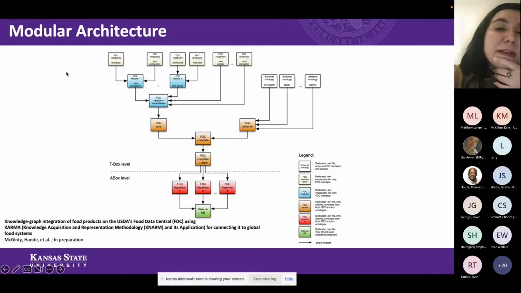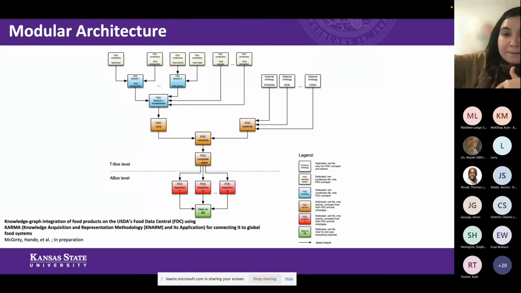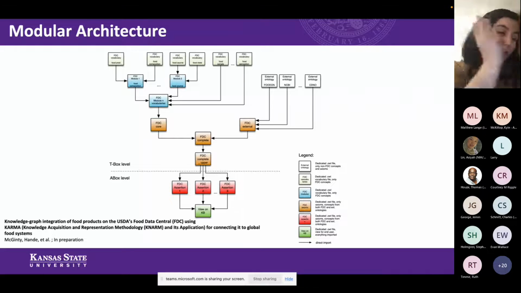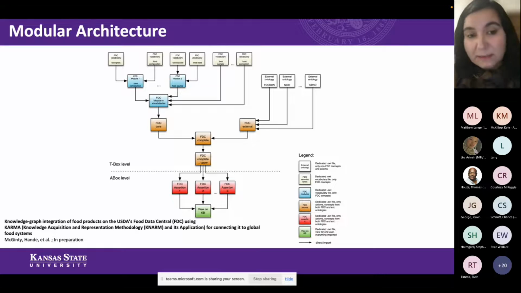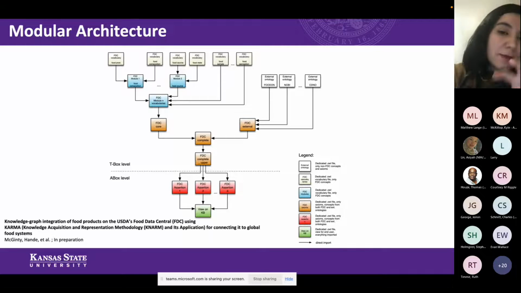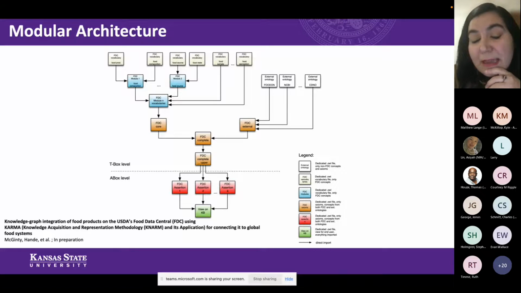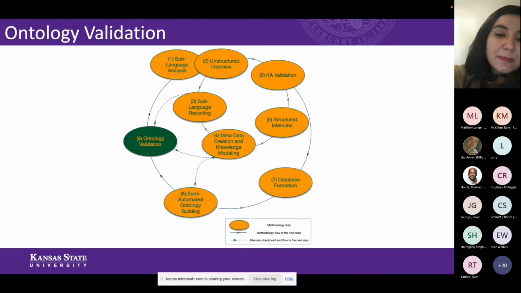So we can use this modular architecture to do just that. You can map to upper ontologies, or you can select pieces for a particular application that you're using. For example, some of the applications we used at Collaborative Drug Discovery use only a couple of different modules from the ontologies I built as part of my dissertation.